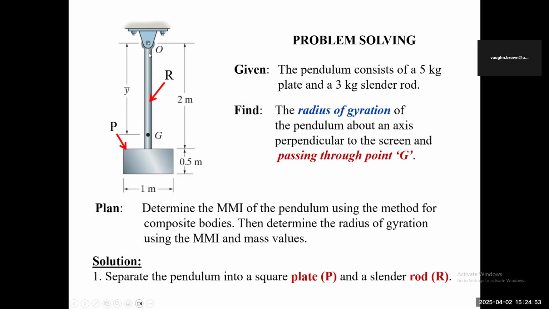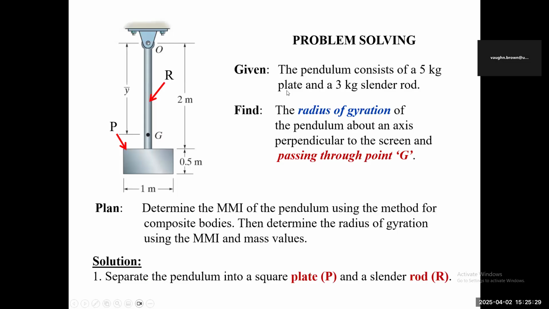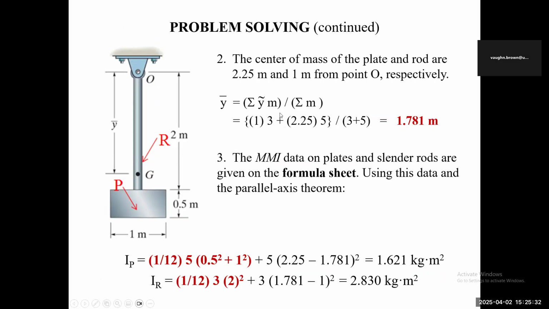First you have a rod here, and you have a plate here. The plate has a dimension of 1 times 4, so the formula is different for a plate. The same thing will happen here. You can find y bar if it's not given, and it's the same kind of principle. So you look up here at this part, and you look for your y component for each one. For this one, the center of it is 1, right, times the mass of it. The mass was 3. So it is 1 times 3, right, plus